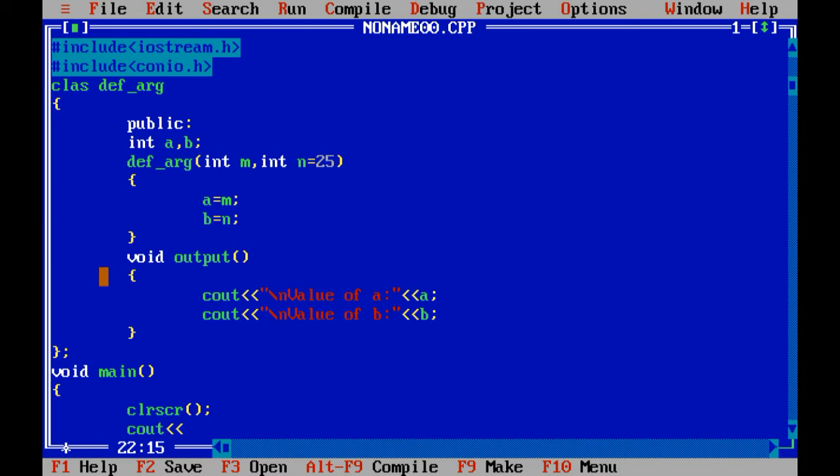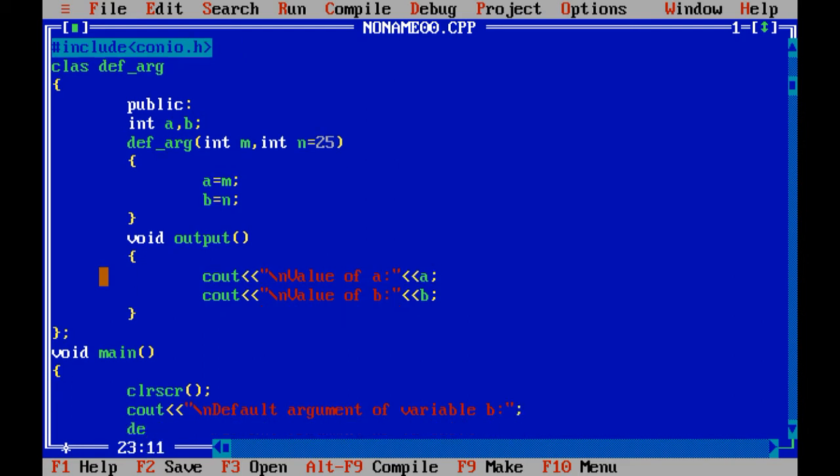Cout \n default argument of variable b. The value of variable b we are not going to pass with default argument, so d and 5.